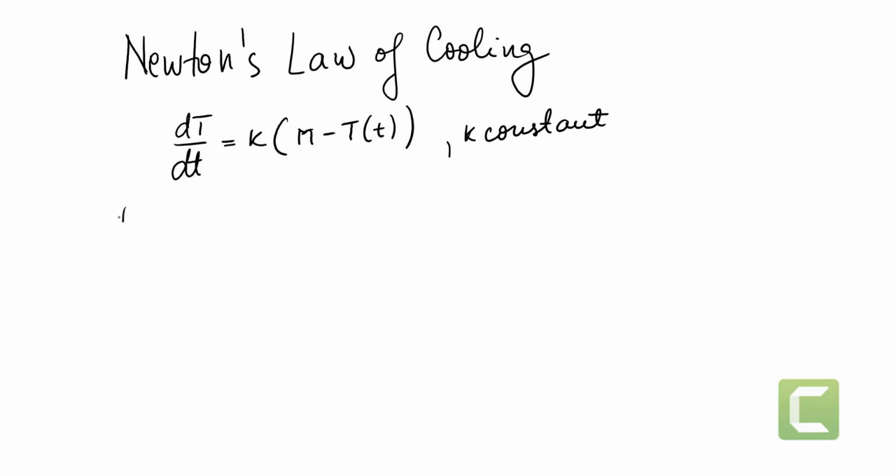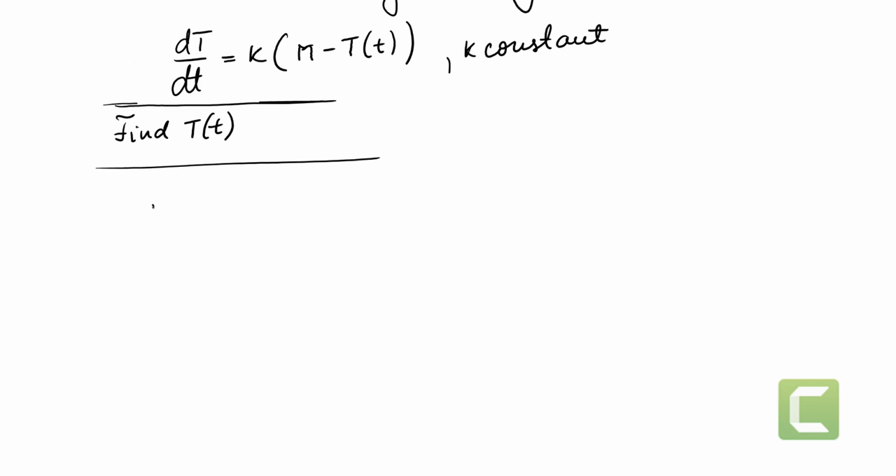I want to find the temperature at any time. I want to find the equation of T(t). How do we do that? Well, let's start again with the equation dT/dt equals k times (M minus T(t)). I'm just going to write it like that to simplify my computations here. I notice that this is a separable equation